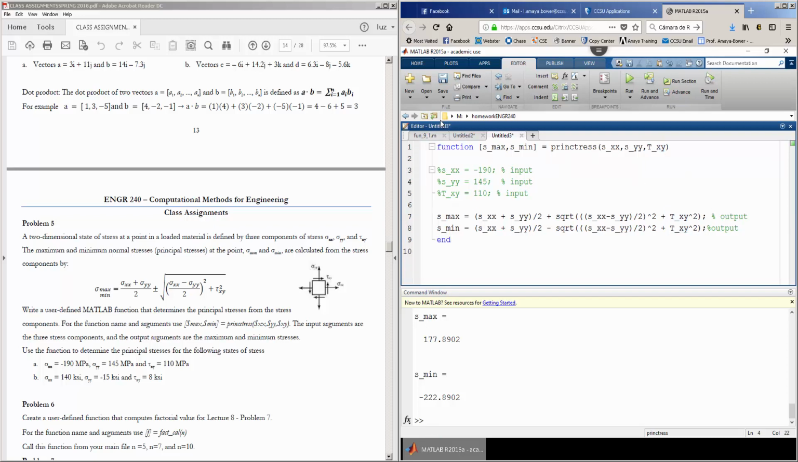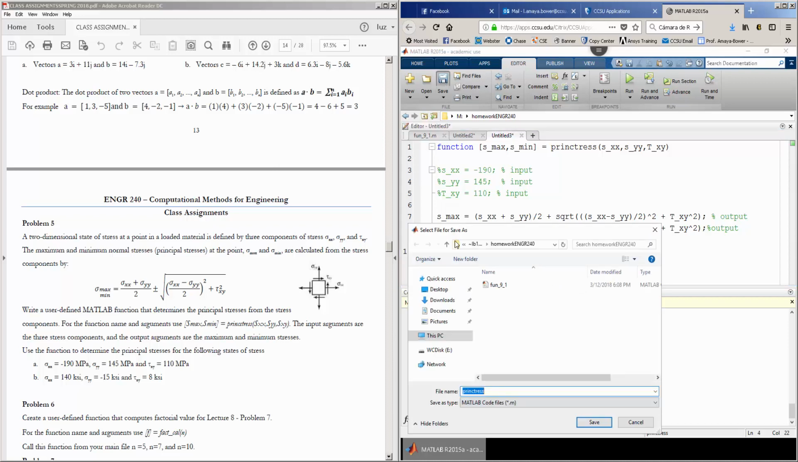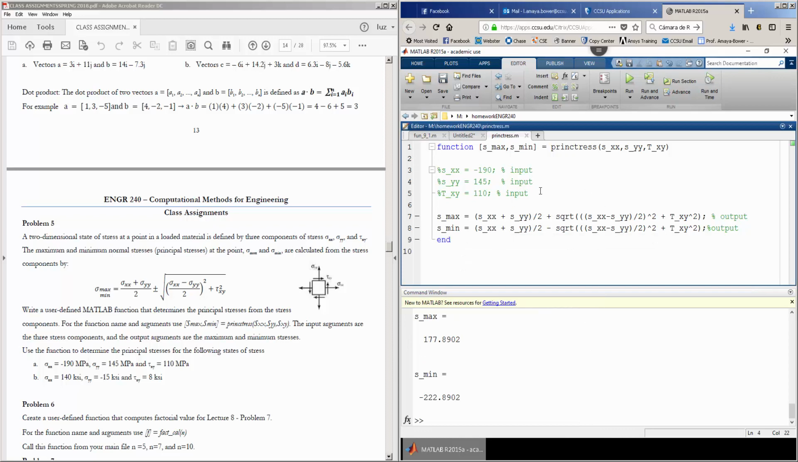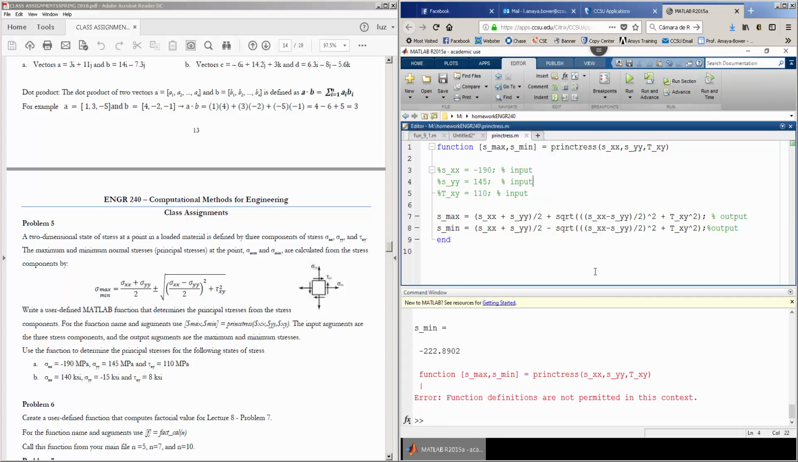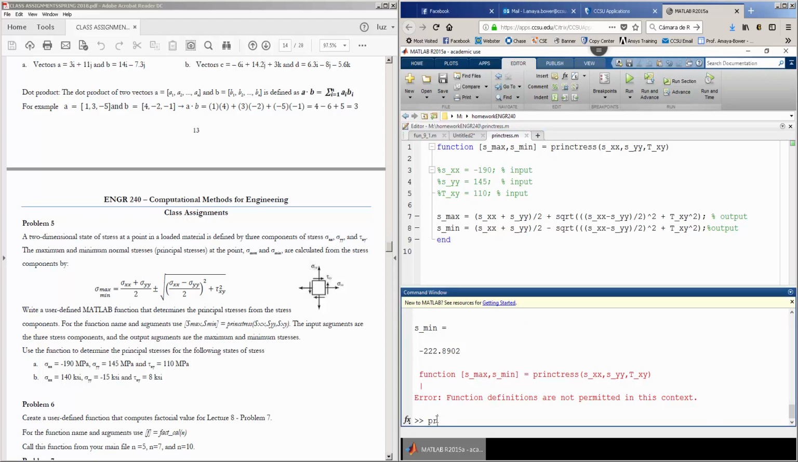So now we have it. We save it. Notice once again, it's going to be in the homework folder, and it's going to be called principal stress, exactly how we spelled it over here. Remember, when you have a function, you cannot execute or run a function. Notice that if you try to do this, it doesn't work. You can only call a function. To call a function, once again, you go to the command window and simply write the name of it. And then you put the information. So in this case it will be 190,